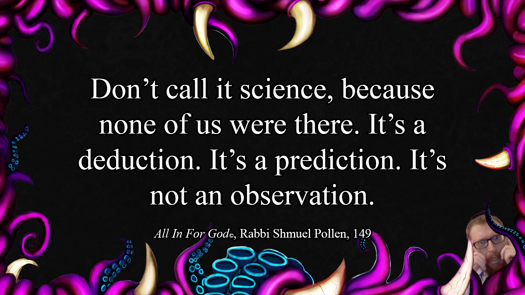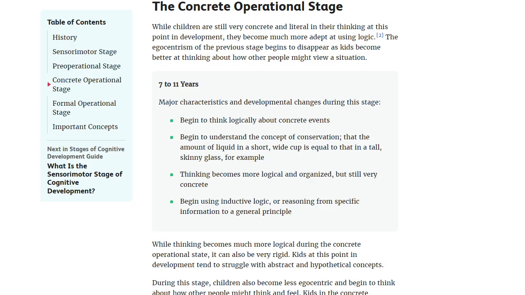It's not an observation. Let's try the concrete operational stage, ages 7 to 11. That might be easier. Begin to understand the concept of conservation, that the amount of liquid in a short wide cup is equal to that in a tall skinny glass, for example. Can you do that? Well, we've seen near the start that you have trouble with conservation as applied to the